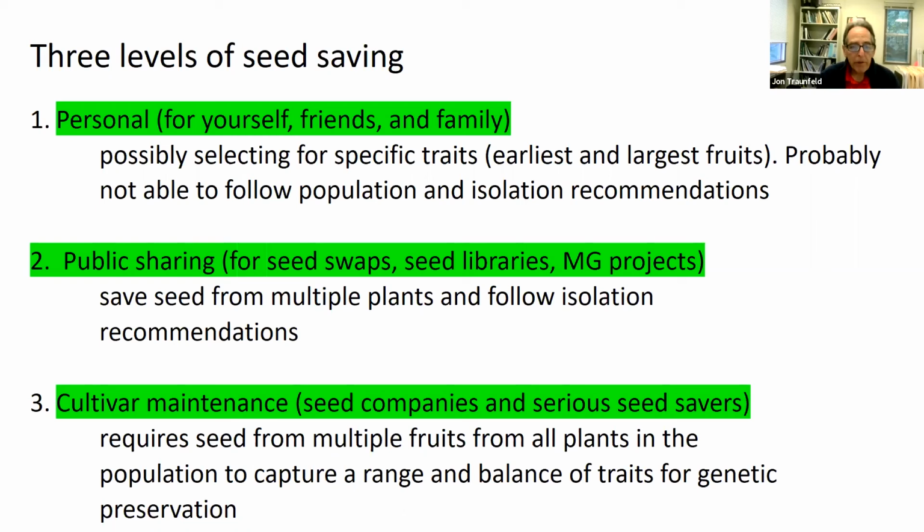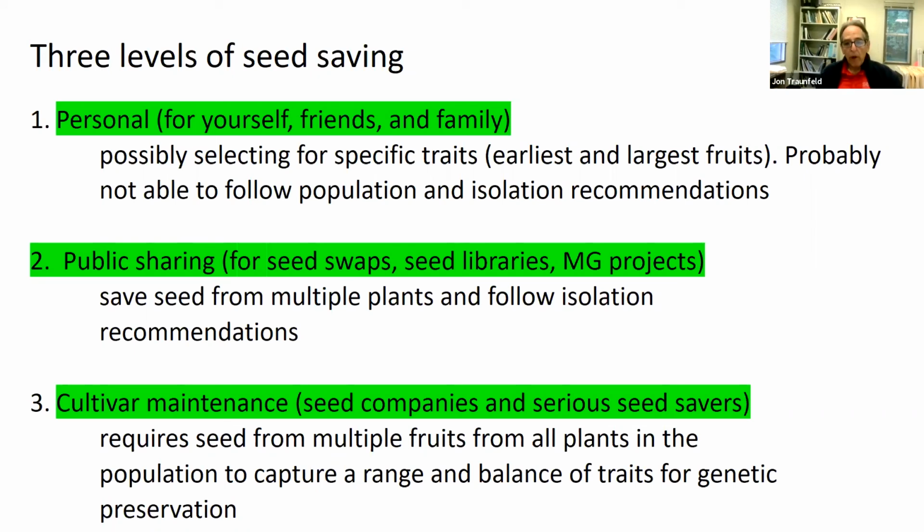And finally, for cultivar maintenance, and this is really what seed companies do and what very serious seed savers do. If they're trying to maintain all the traits of a particular cultivar, they need to save seeds from a large number of plants and a large number of fruits. And they need to be extremely vigilant about